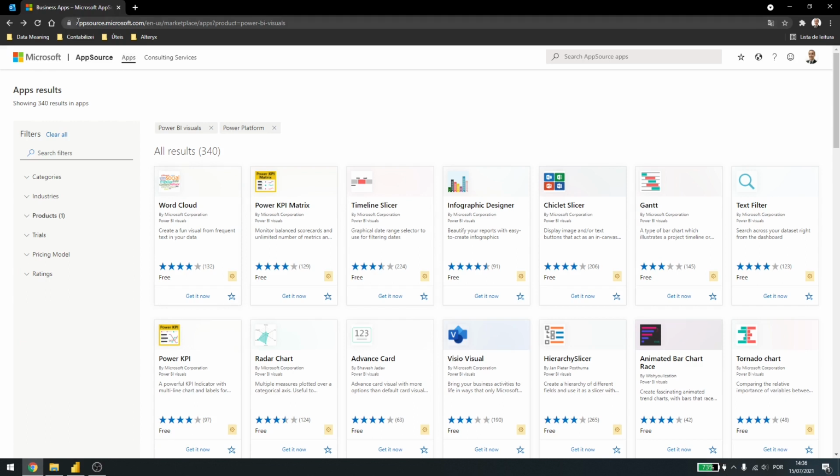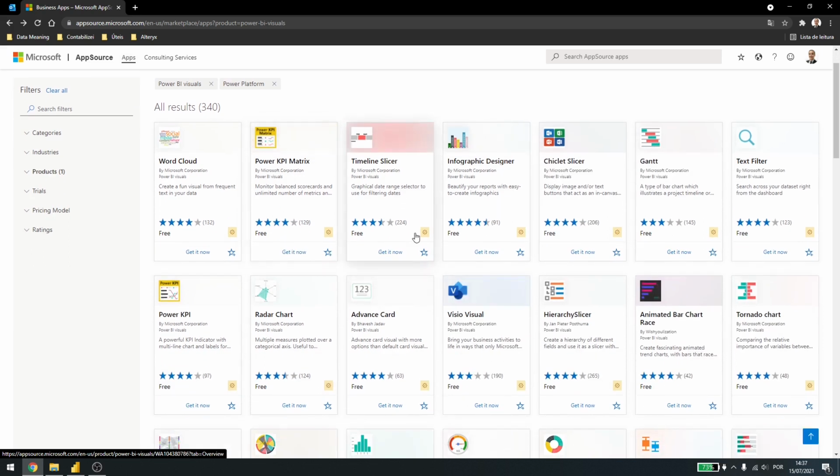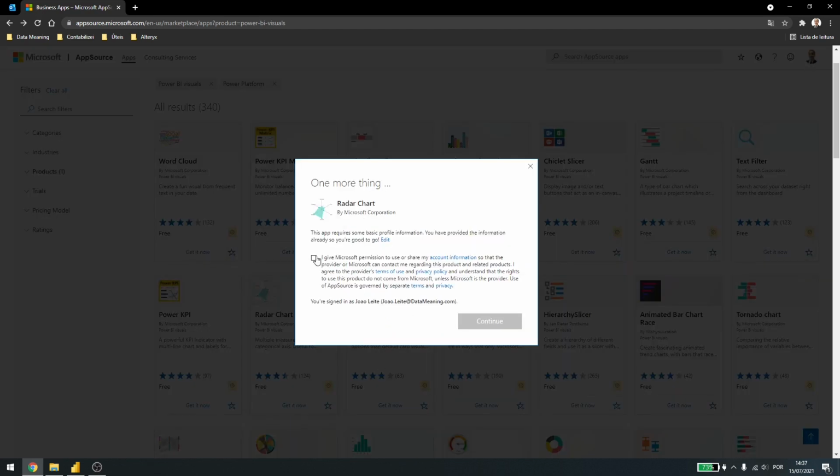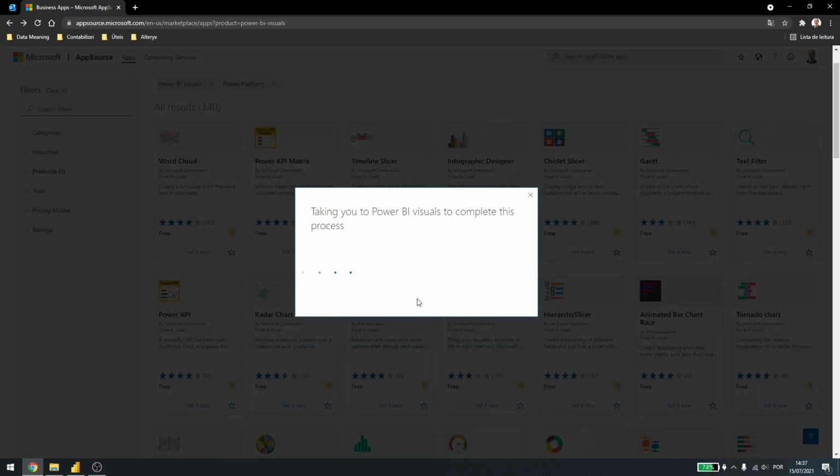I can open appsource.microsoft.com and come to the marketplace for Power BI visuals. Inside here, I'll have mostly the same things I have inside the Get More Visuals from Power BI. But if you have other sources for custom visualizations, it would work too. Here I'll download the radar chart, so I click on get it now, I agree. Now I just have to wait and it will download